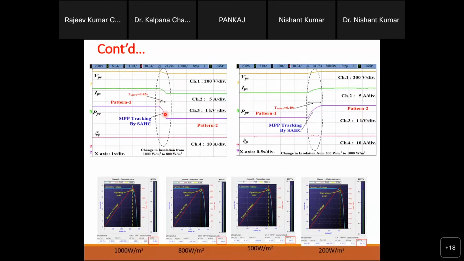For the PV panels, when the solar radiance increases and decreases, you will see the voltage is more or less constant. Constant does not mean exactly constant, but the change in voltage is lesser compared to the current and power. That's why here the change is less. But the major significant changes you will see in the current, and then in the power, right? Similarly, when the solar radiance is increased, the current is increasing and then the power is increasing significantly, right? These are the terms you will see under different solar radiance conditions.